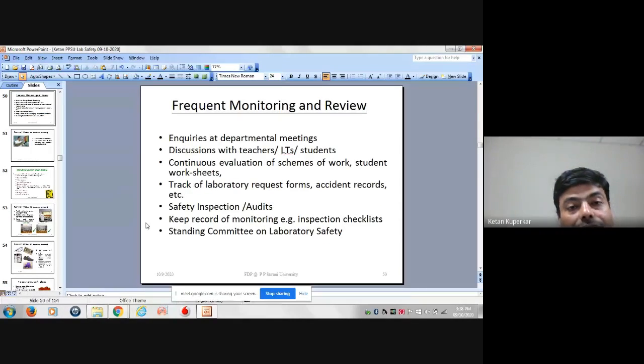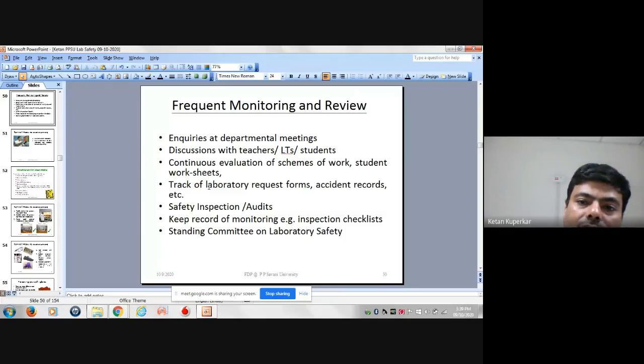In addition to this, frequent monitoring and reviewing is also needed, which is an integral part of the laboratory functioning at its safer level by the higher competent authority. And it has to be done following several steps: inquiries at the departmental meeting, several discussions with the teachers, the lab technicians and the students, continuous evaluation of the schemes given to the students, then track